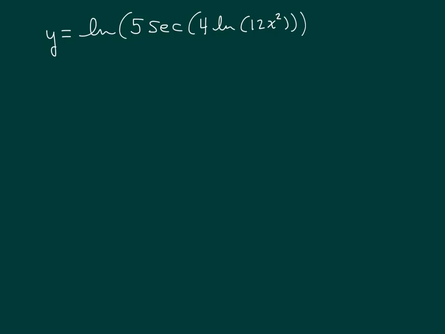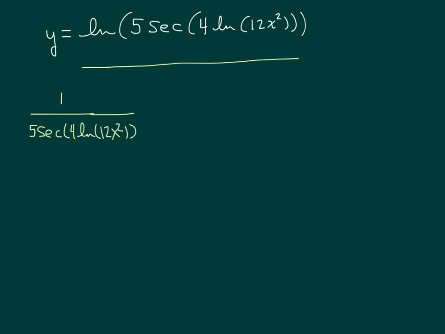Let's find the derivative of this function using the chain rule, doing it the shortcut way. So the shortcut way is basically just not writing down each individual composite function. So I look at the entire outside, and the derivative of ln of anything is 1 over the anything. So 5 secant 4 ln 12x squared. In other words, you leave the inside alone,